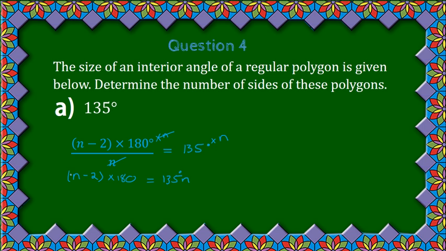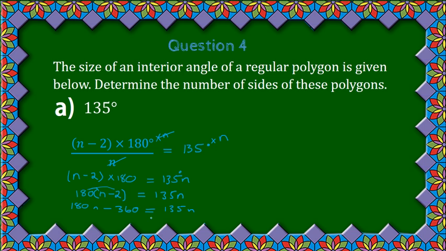n. Okay, so what we want to do now is we've got an n on this side and an n on this side. So I want to get all my n terms to the one side. But I've got a problem here because there's brackets over here. So I'm going to take this 180, I'm going to write it in front of this bracket, 180 (n minus 2) equals 135n. I'm not going to write the degrees for now, just to make the equation a bit simpler. So the next thing I'm going to do is just to multiply out my bracket. So this gives me 180n minus 360 equals